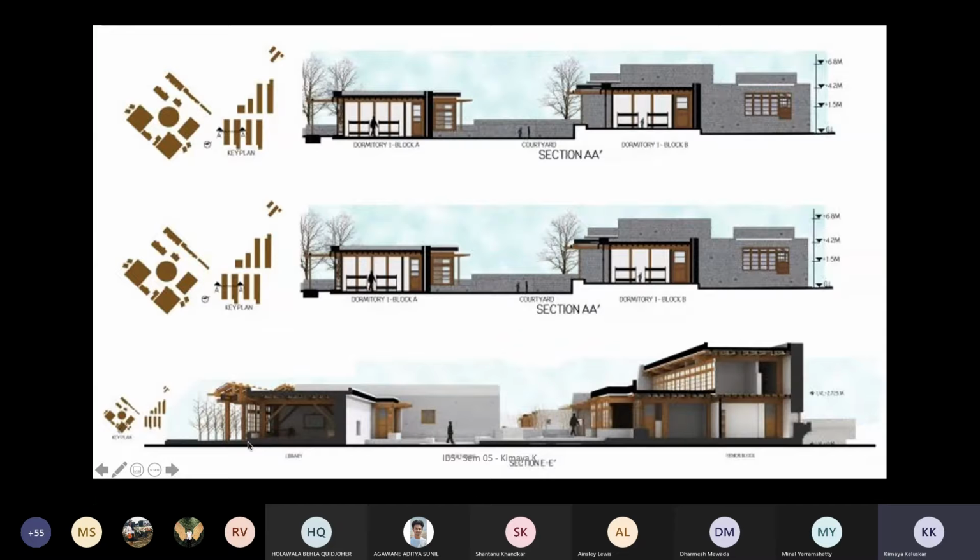So if you see, it's all about the thickness. The other reason is to understand the thicknesses of the walls and how the roofs are done. This is also a very Ladakhi roof, with a certain thickness as well as materials. There is timber as well as stone which has been used.